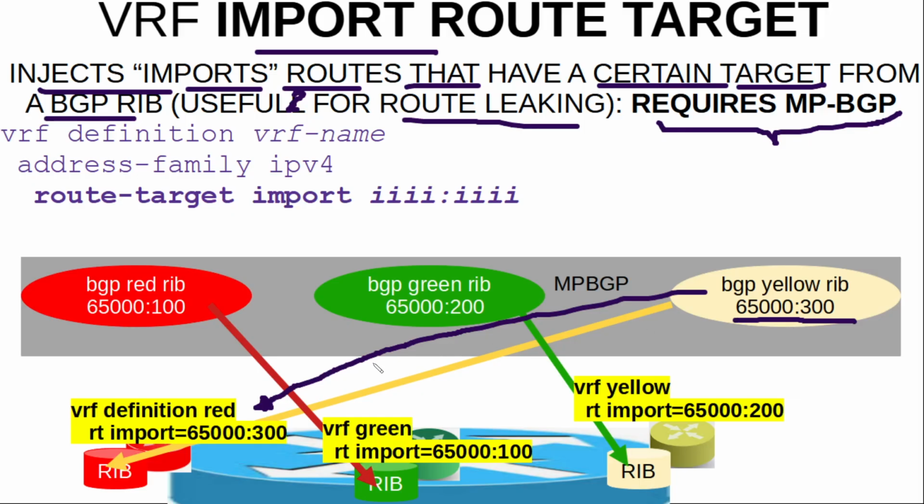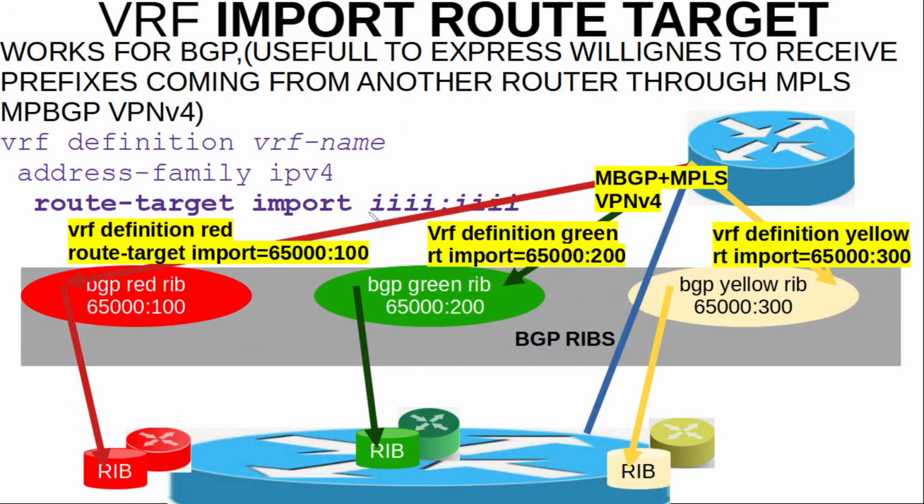So notice here that with this little trick you can import or inject into your VRF prefixes that were previously sent into BGP by a different VRF. So that is one of the magic tricks that you can achieve when using the route target import feature. The other thing that the route target import feature is used for is to express